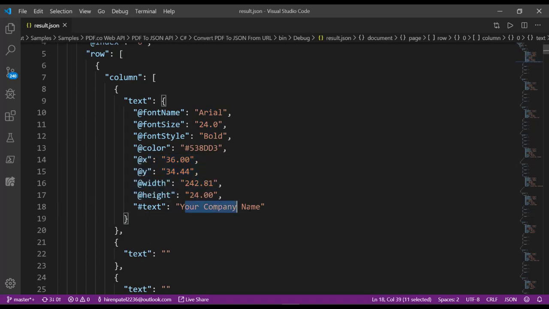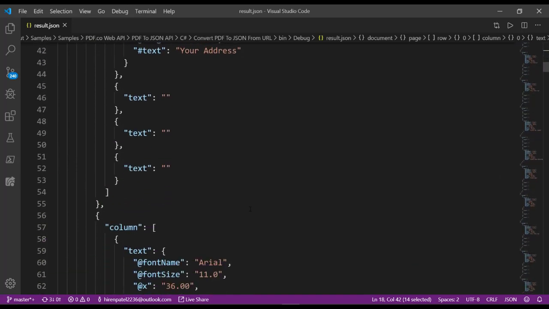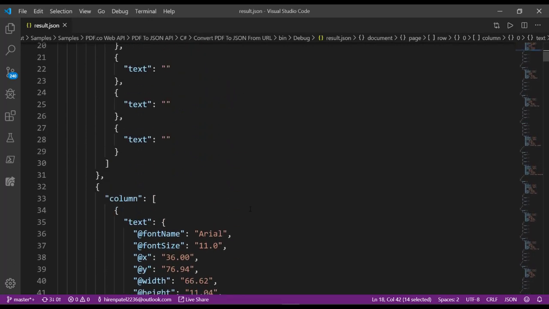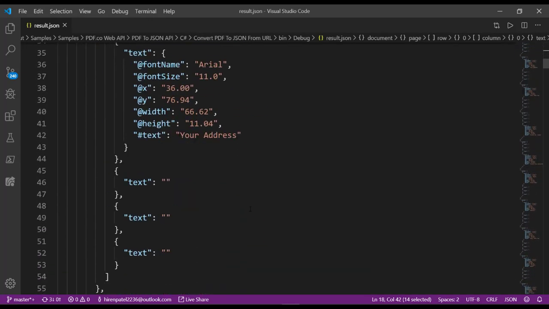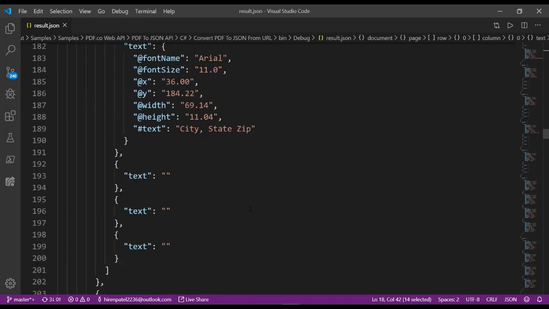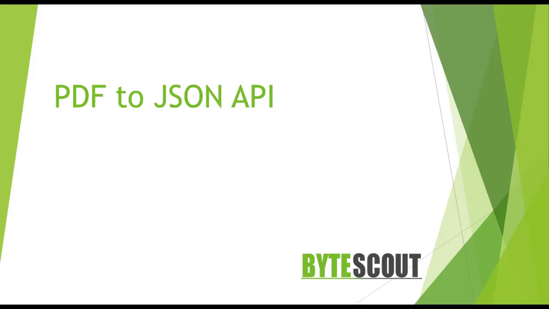So this is very detailed information which we get back. For all the inputs, we get its coordinates and all the information back. So that's how easy it is to get JSON from the PDF file using the PDFCO web API.